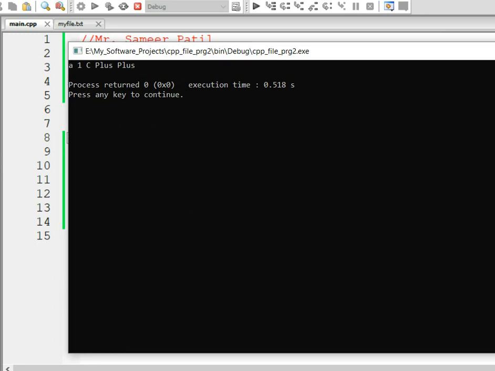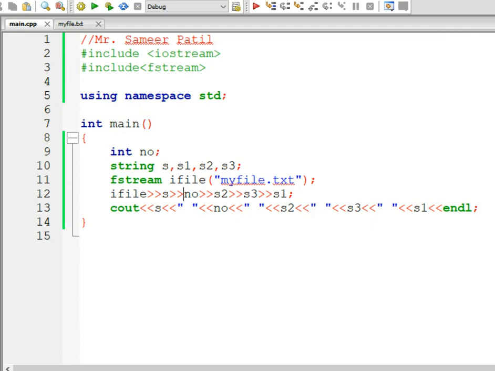So here we are reading data character by character or string by string from a file. What if your file contains multiple data? Now the main drawback of this program is that it is reading the data independently. Each time we want to read new data, we have to provide a variable. What if we want to read the entire line? We are not reading the entire line in this code. Also, we are not reading the entire file in one go. We are reading data separately, one by one. So this is not serving the purpose of reading the entire file. We are reading only a piece of data.